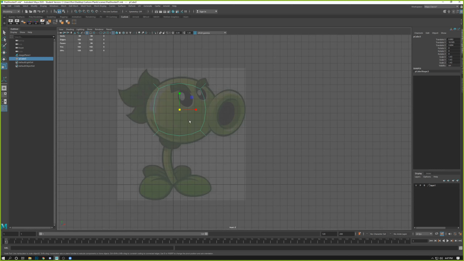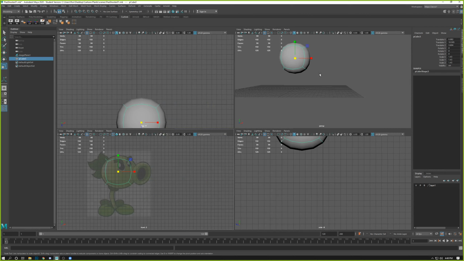And I'm just going to stop there for that, because obviously this mouth nozzle thing, whatever you want to call this, the pea shooter nozzle here, is going to be the most complicated part of this. But I kind of want to talk about a few other things before I get to this. So there we go. That's a brief introduction on smooth previewing, how to be mindful of your geometry, and from